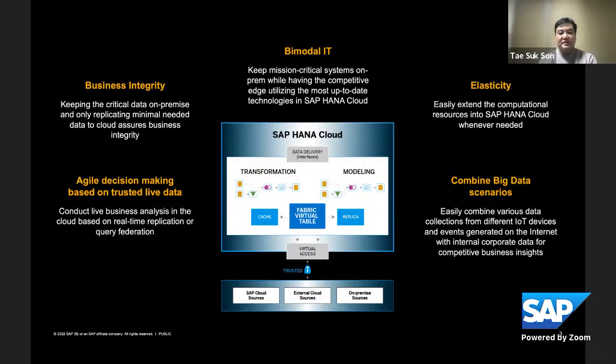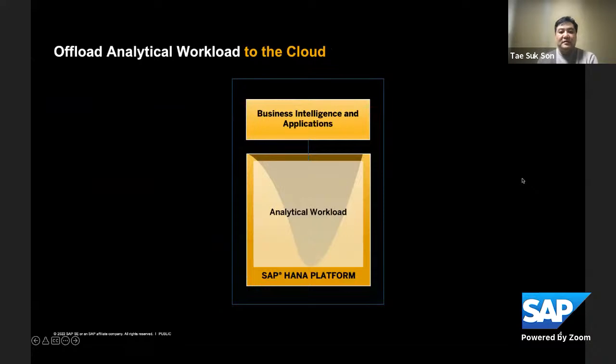And also with this, it allows combining the big data scenarios where a lot of data which is available in various cloud or external environments can be combined with your on-prem data and these external data and be utilized within the SAP HANA Cloud environment. So for extending the existing workload, we have the SAP applications or HANA platform on your on-prem system with the analytical